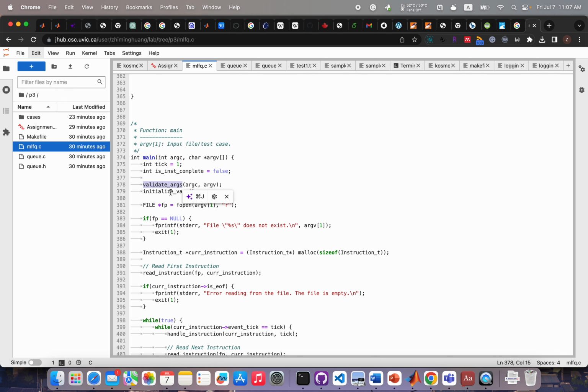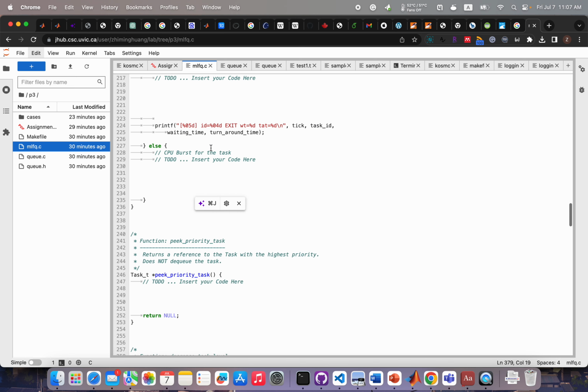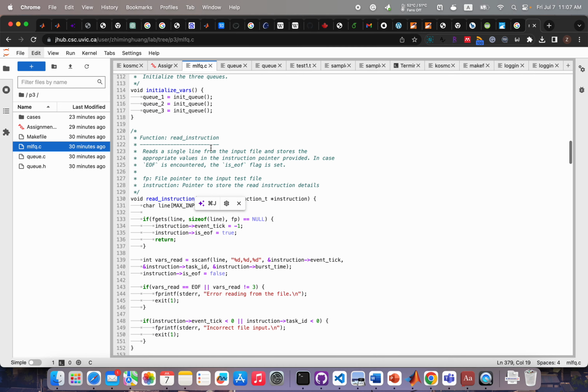And we check whether the arguments input when we run this program are valid or not, as we want to give the instruction file to this function. So we want to validate, and we will initialize some variables. So let's take a look at